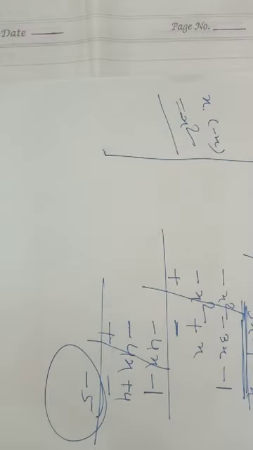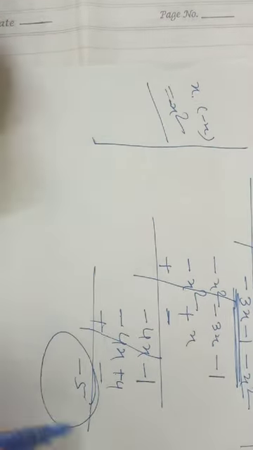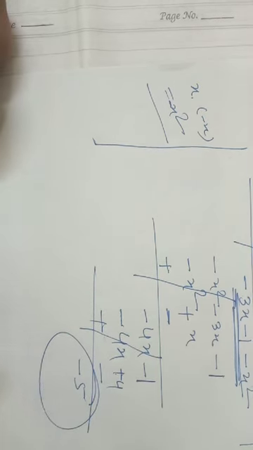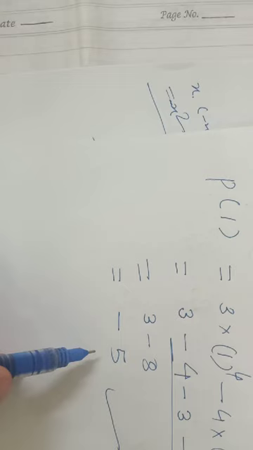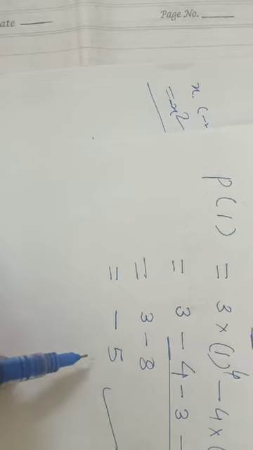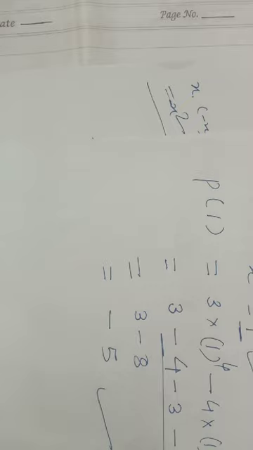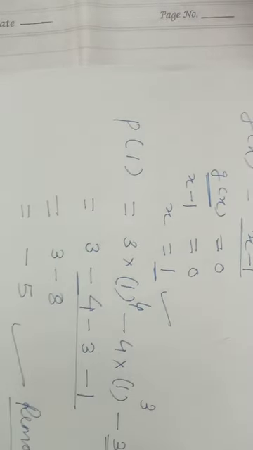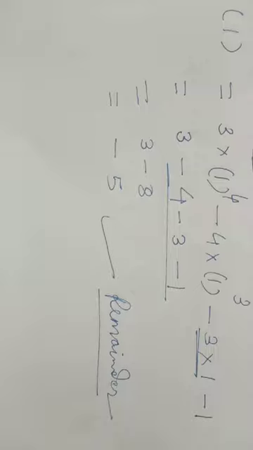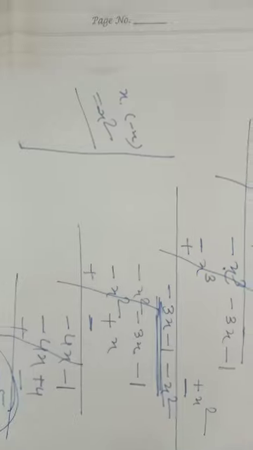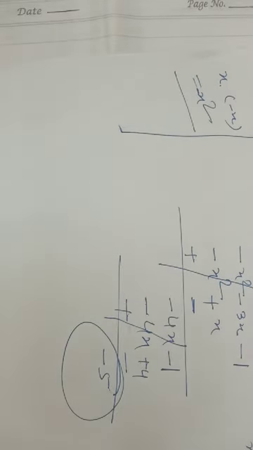Observe it, this is the minus 5 remainder using the long division method, and using the remainder theorem we already got the remainder is minus 5. Both methods are correct, but when you are asked only to get the remainder and not asked for the method, then you should use the remainder theorem method, very easy and very shortcut. And when you are asked to get the remainder by the dividing method, then you should apply this method only, okay? I think you understand very well.